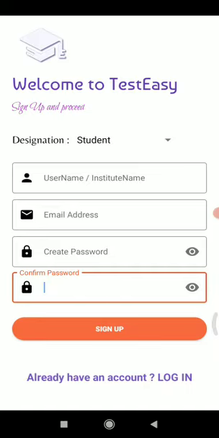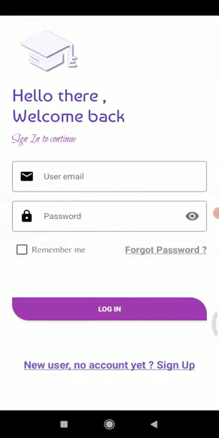Once you sign up, the app will be ready for you to attend the test. After sign up, it will automatically go to this page. Now you will be on the login page. You need not do anything here after this. How to attend the test, let me tell you. So this is the step to install the app. After that, sign up in the app. Those things we have seen. After that, how to attend the test, let me explain to you.